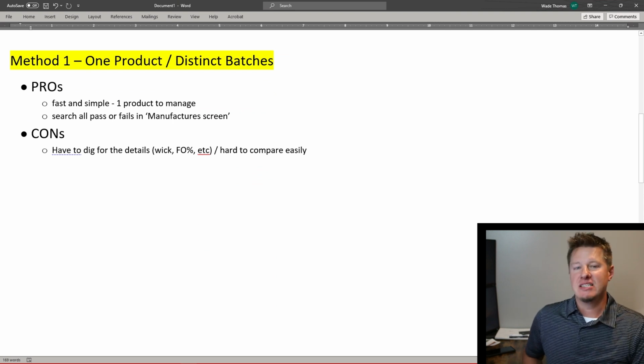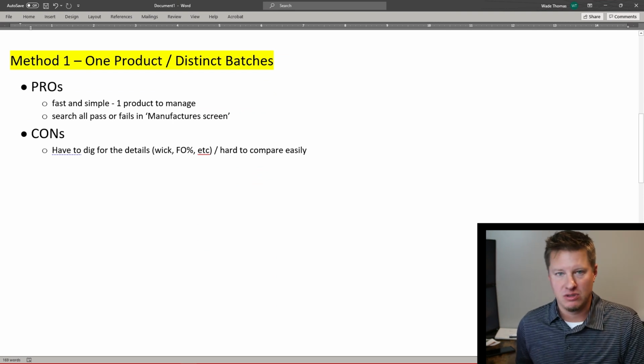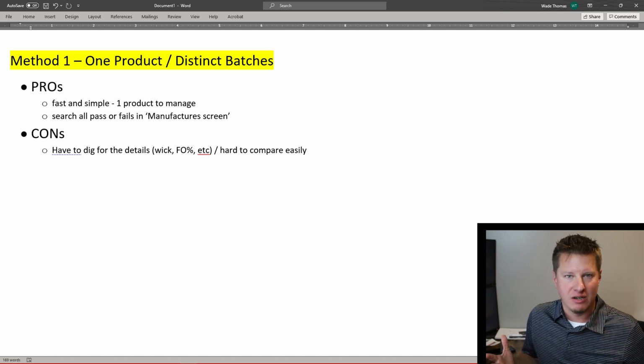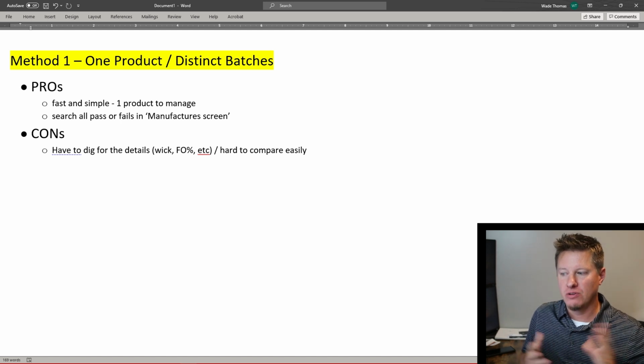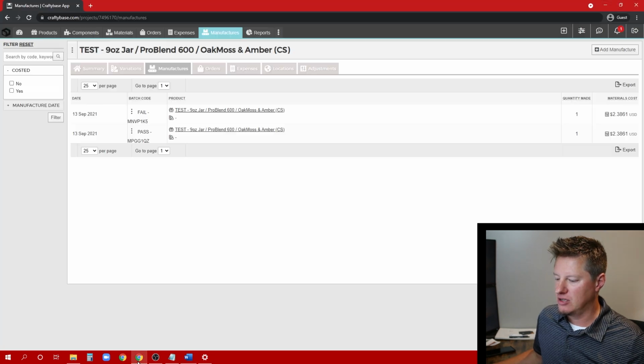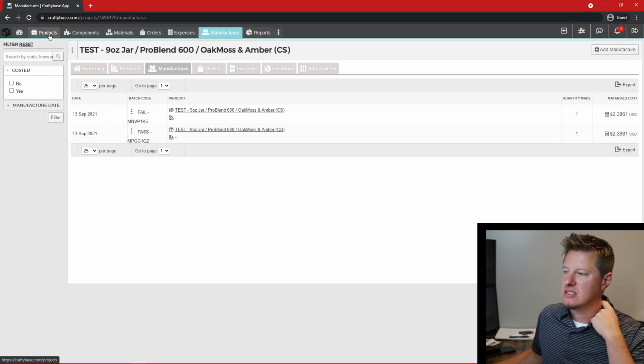The pros is it's very fast and simple approach. We only create one product, one main product, right? And then we just tweak certain elements like the wick or the fragrance load for each batch. So it's very simple. Another pro is that we can search for all of those pass or fails from the manufacturer screen. So let's go back into Crafty Base, and let's say that